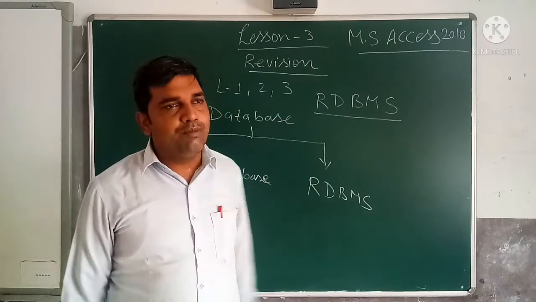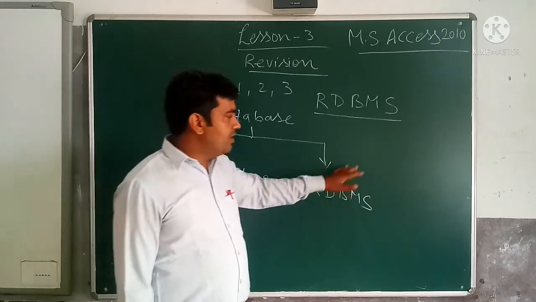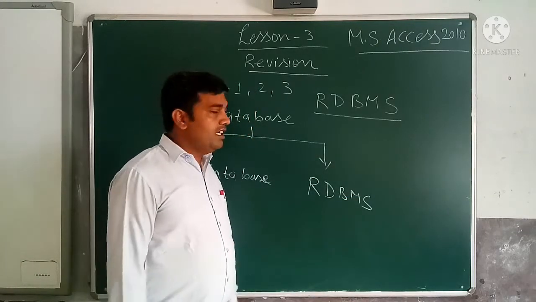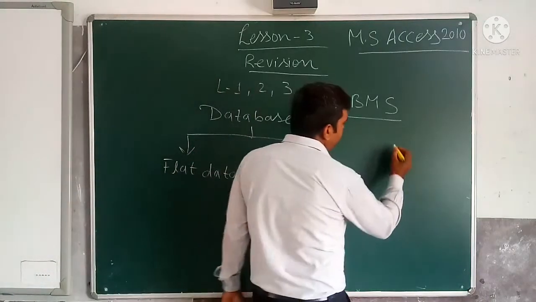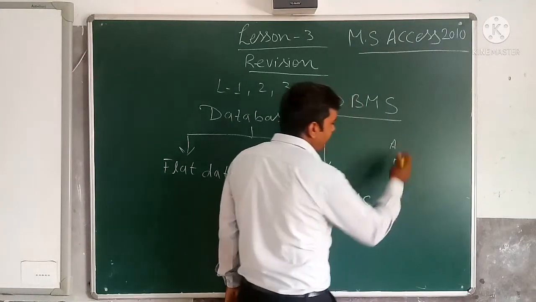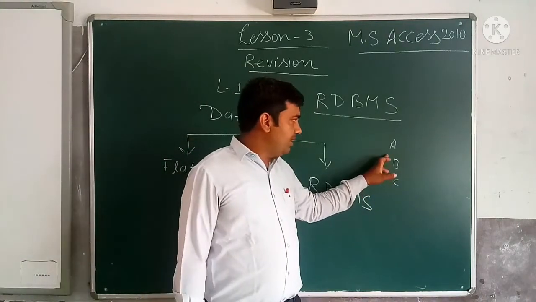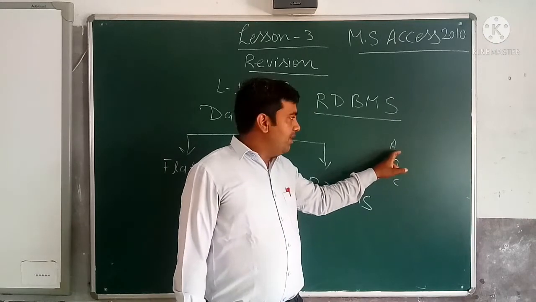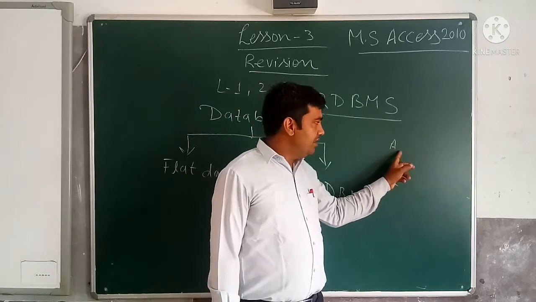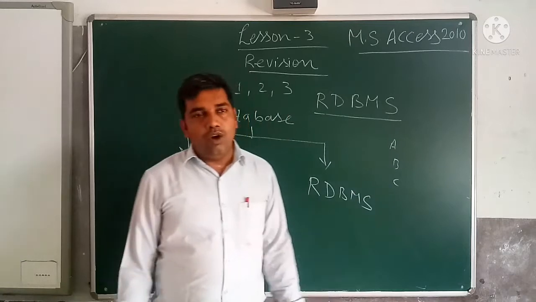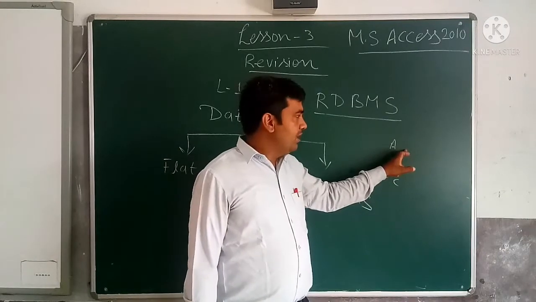A popular example is your telephone diary. In your telephone diary you are saving the contact numbers in alphabetical order. In your contact diary you will find the letters A, B, C, D written on each page. You are writing the contact number of persons whose name starts with A, suppose Ajay, on the page which is labeled as A, where you write all the persons whose first letter is A. So it will be easy for you to search.